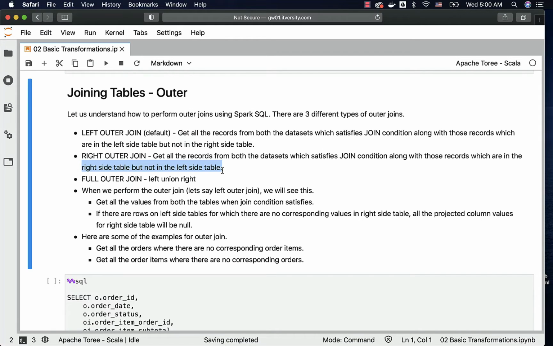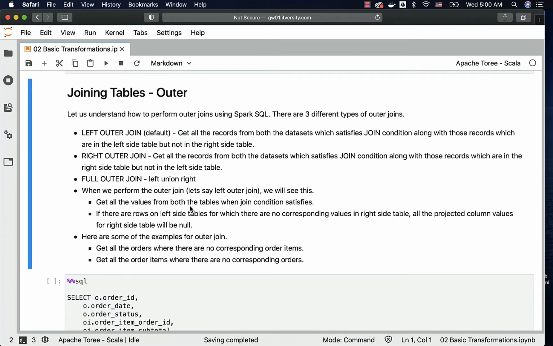However, there are exceptions. Not necessarily all the time are the tables used as part of the outer join related, but in many cases they will be related, and depending upon the side of the parent table, we typically use left or right. That being said, a full outer join is nothing but left outer join union right outer join.